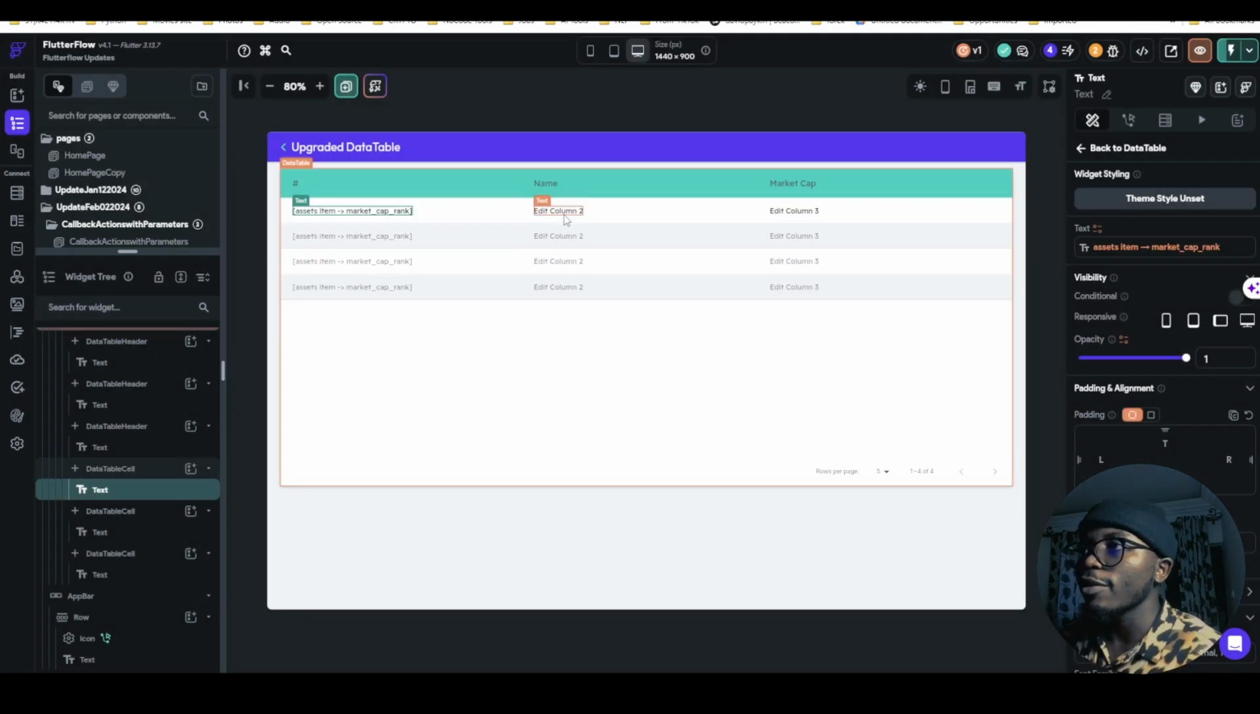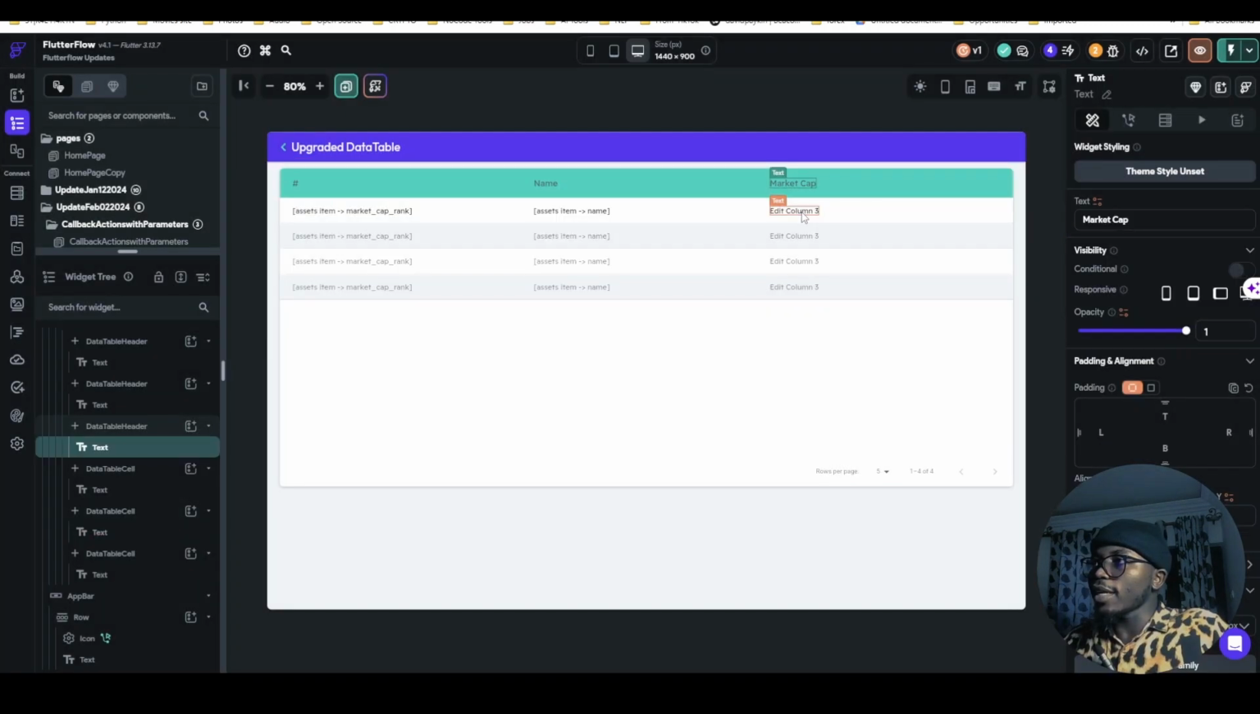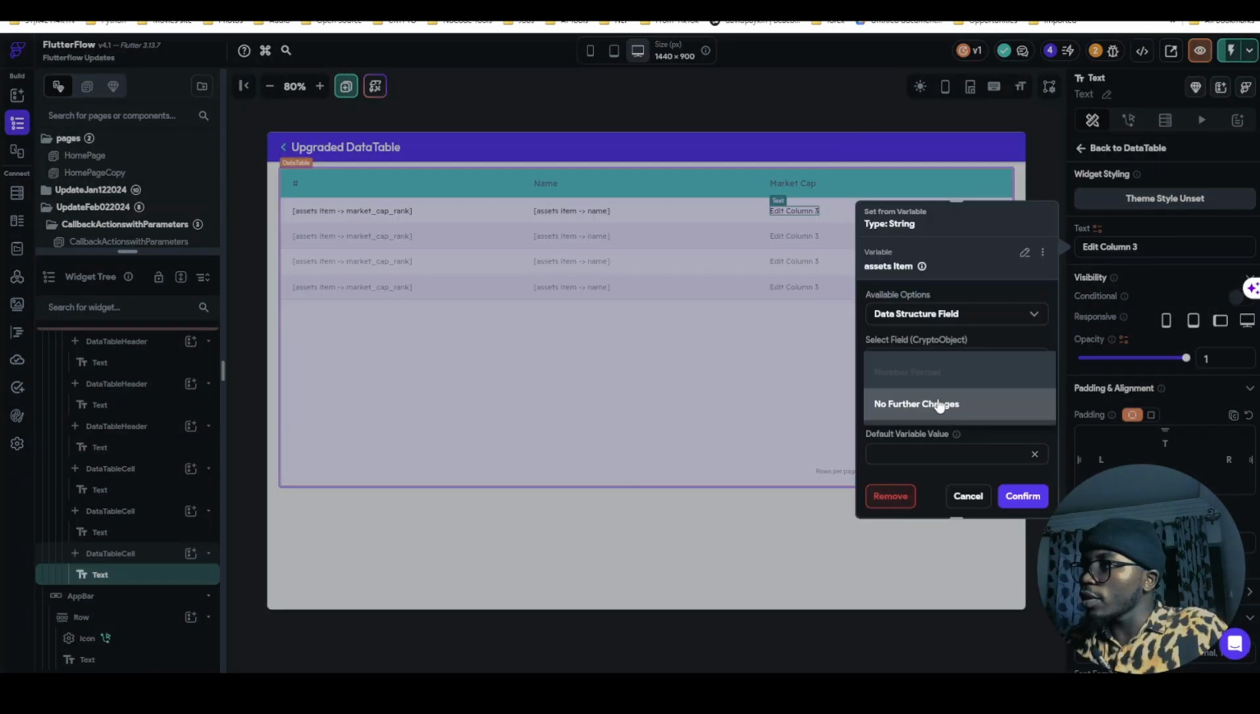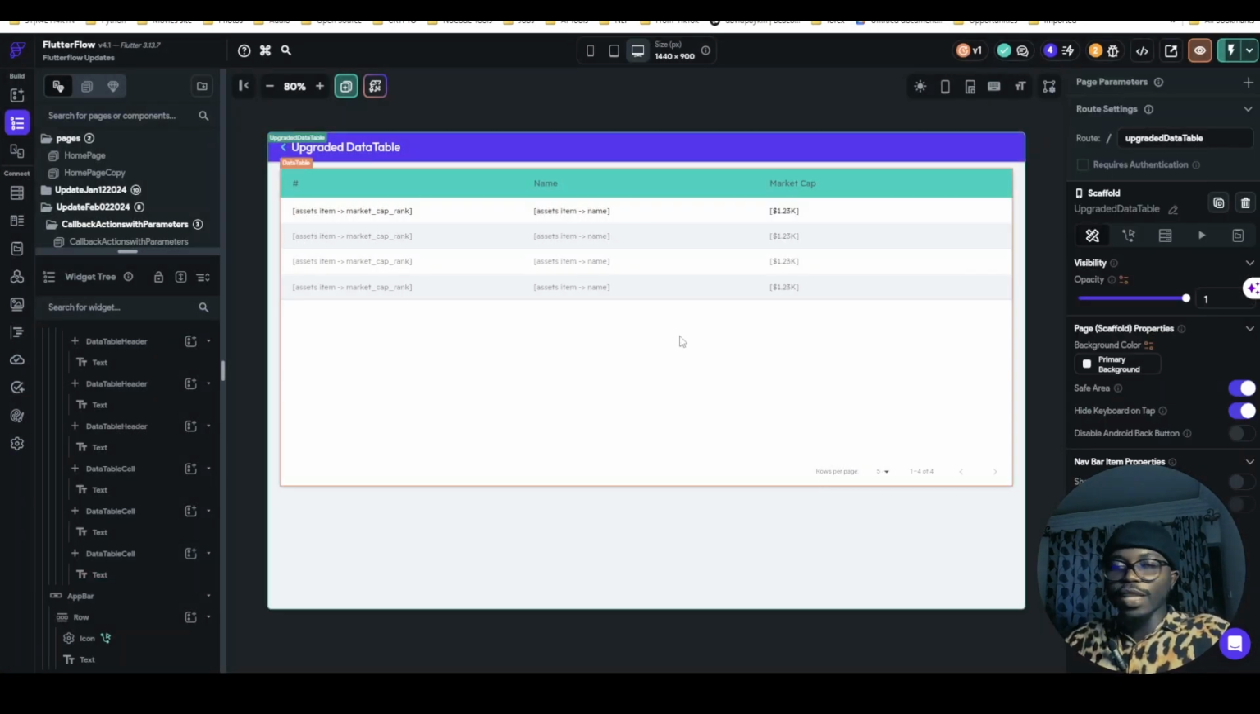The next one, the name of the assets, data structure field. What do I want to display here? The name. We have market cap here. I want to display the market cap. Number format, currency symbol is dollar. Confirm. So with this done, let's just take a first glance at how our table is going to present itself